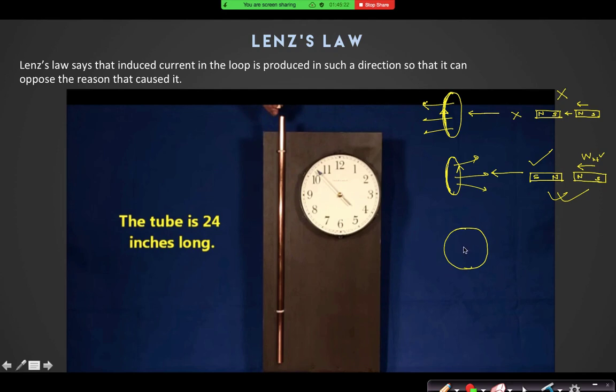And there is a dot magnetic field. Dot magnetic field means we can assume the magnetic field is coming towards us. And this dot magnetic field is increasing with time. Then what is the direction of current in this loop, clockwise or anti-clockwise? Clockwise. Why? Because if the dot magnetic field is increasing with time, then you have to produce current clockwise so that you can produce a cross magnetic field.